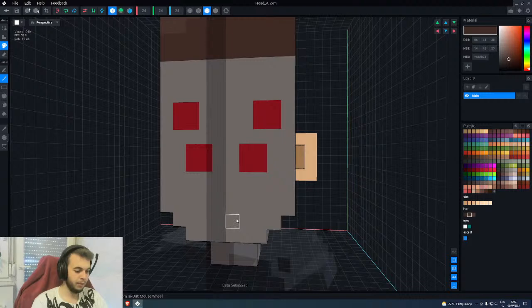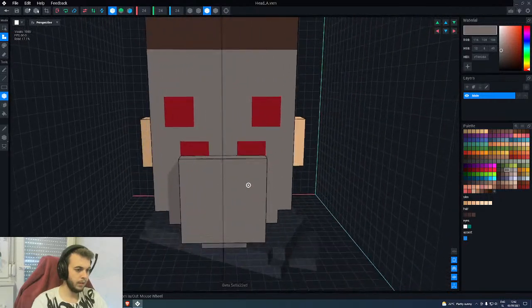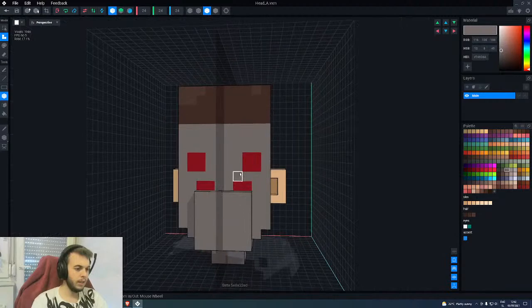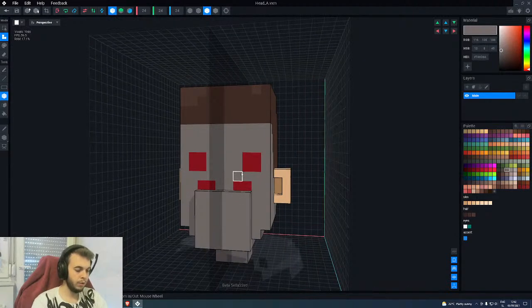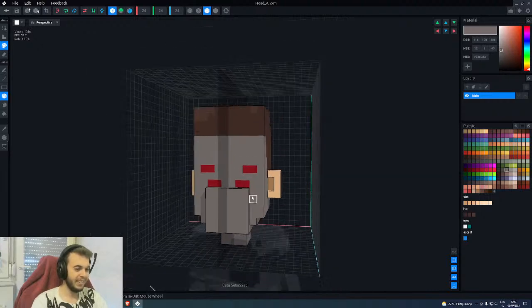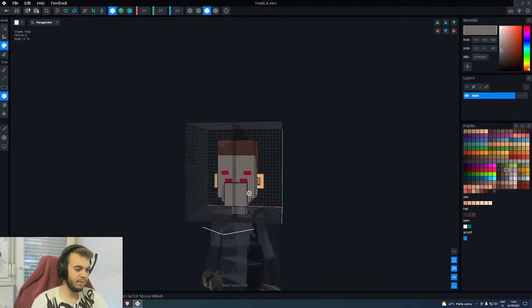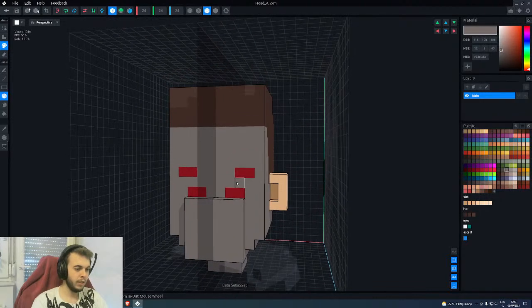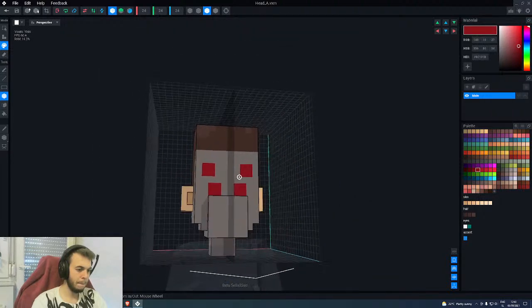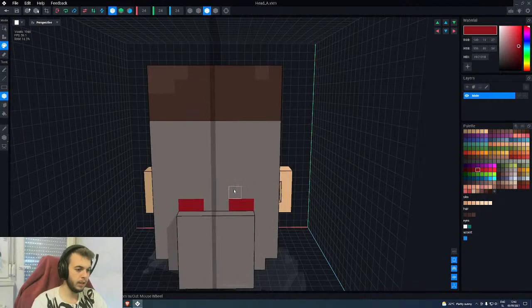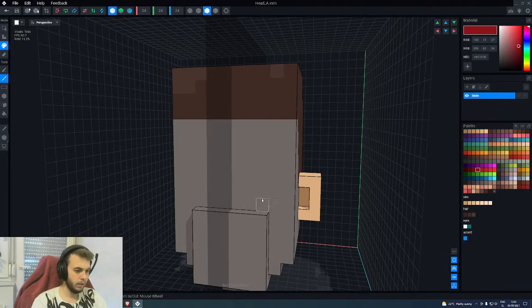And now let's try to figure out how to make this mask. That's the wrong tool. Something like that. And then the eyes, they could be either square or they could be like, whoa, rectangles. Maybe if we were to do it like that. Although I think I prefer the squares. Or we could even make them little dots. So let's see, maybe